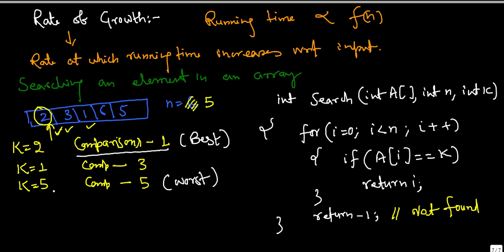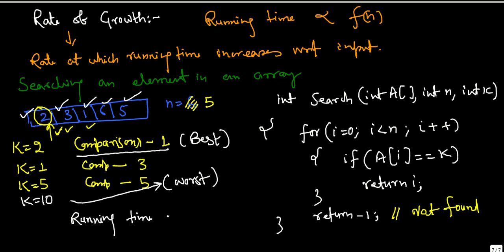There is one another example for worst case. Let us suppose you take a key element as 10 and you start searching from here. So it is not found at this location, and even at the end. So that means you have made 5 comparisons and element is not found. So if you see these number of comparisons, you can see that here running time is a function of input size